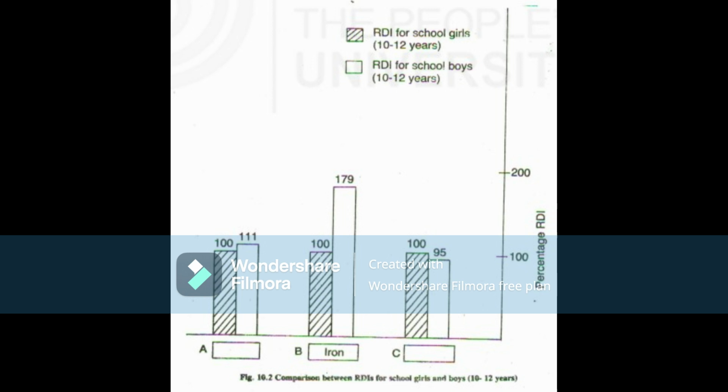10.2.2 Meal planning for the school child. We have so far studied growth and development during the school years. We have also gone through the recommended dietary intakes for this age group. Now let us learn how to plan meals and diets for the school child. Do you recollect the main factors that need to be considered in meal planning?